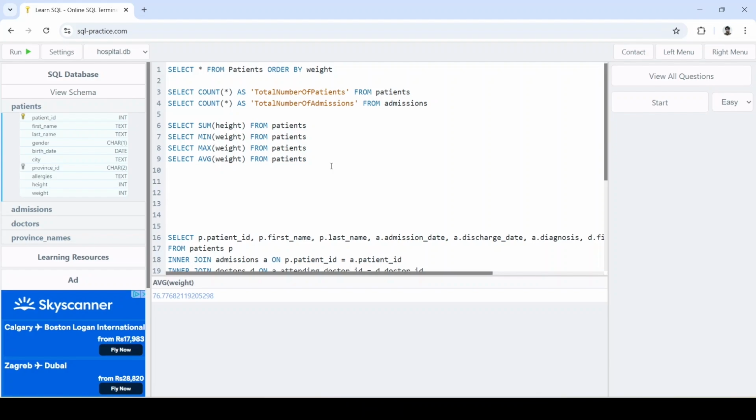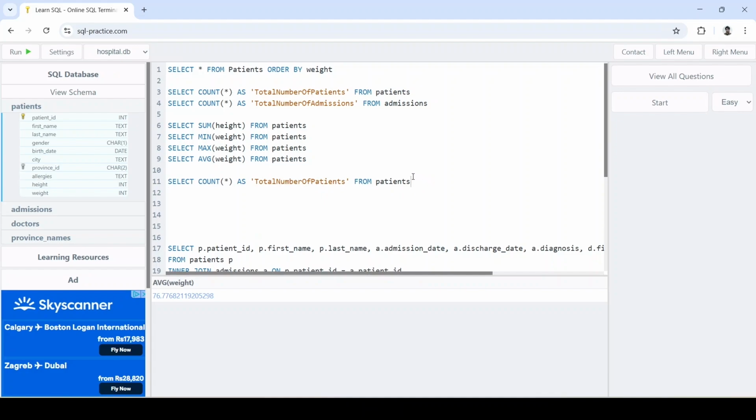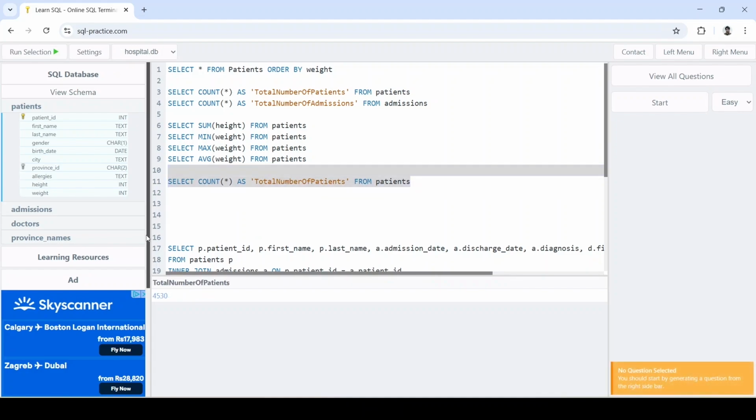Till now, we are doing this aggregation on a given column entirely. We are not making any groups. The entire table is a single group. Like when we just used the count function, it considered the entire table as a single group and gave the total number of patients